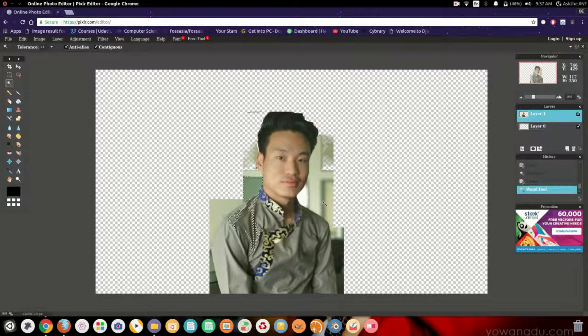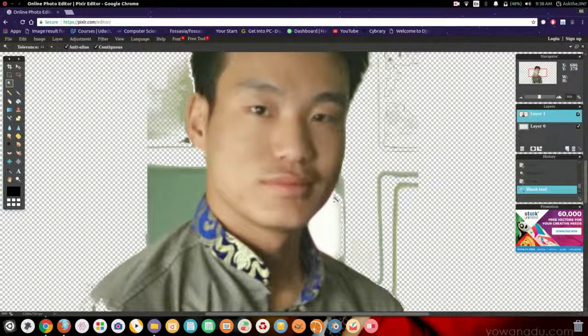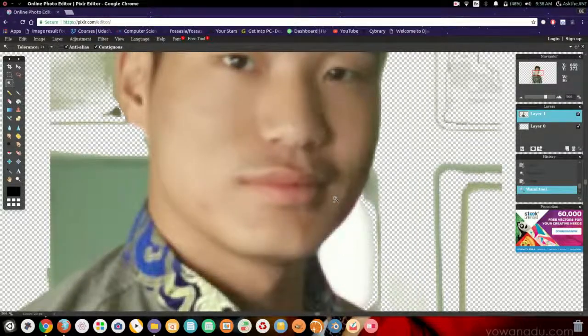I can't delete this because if I delete this part, then it also deletes this body part, right? So yeah, I think at maximum we can delete this part. Now if you want to zoom your photo, then press shift, control and plus to zoom to the maximum,